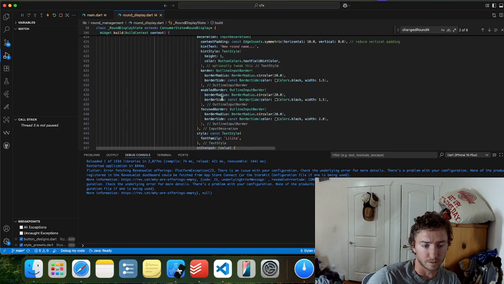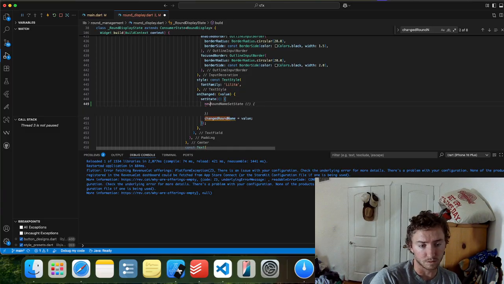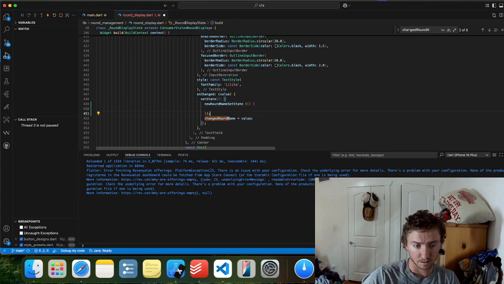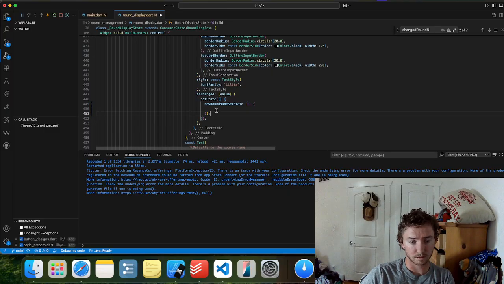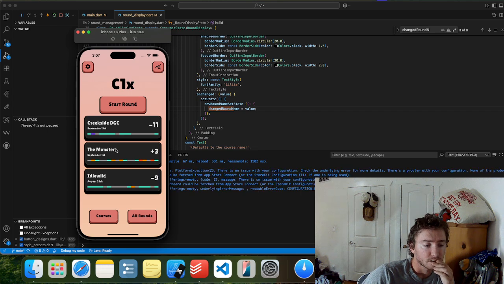All right, text field new round name, on changed, set state. New round name, set state. Maybe I'm just putting it inside the incorrect one there. Let's try doing another reset. Seems like we're close there.